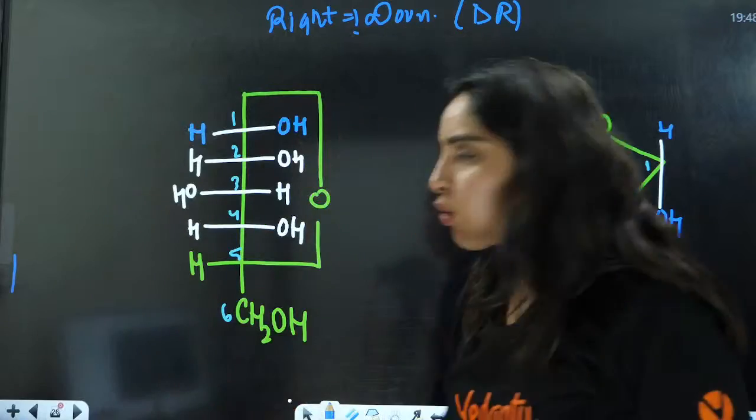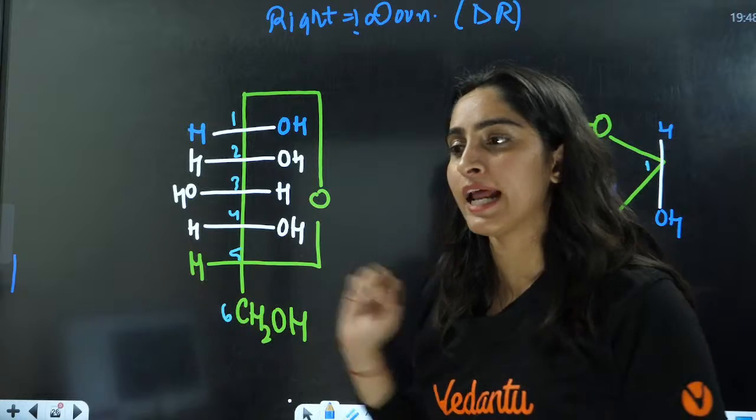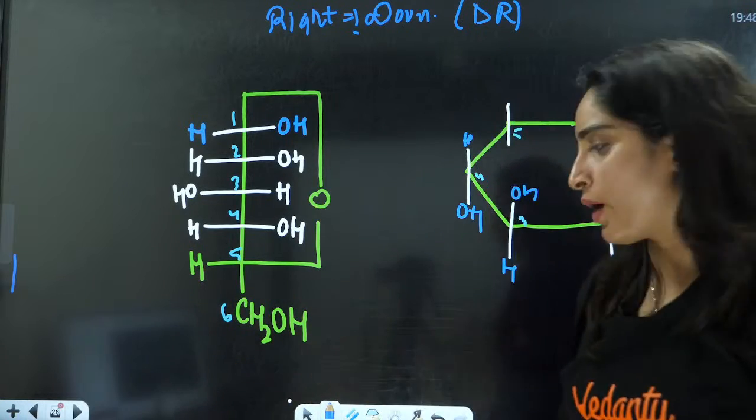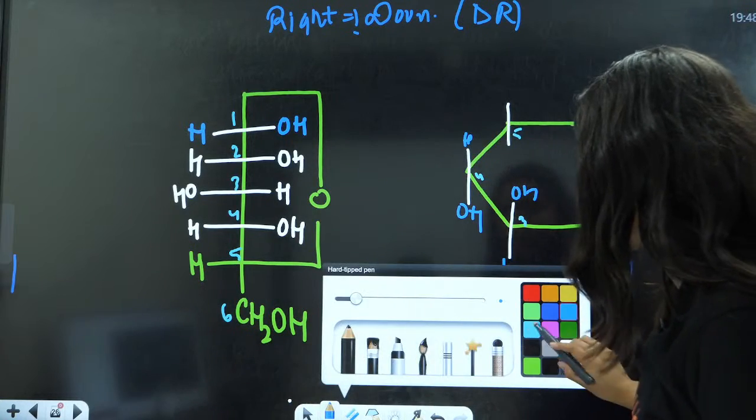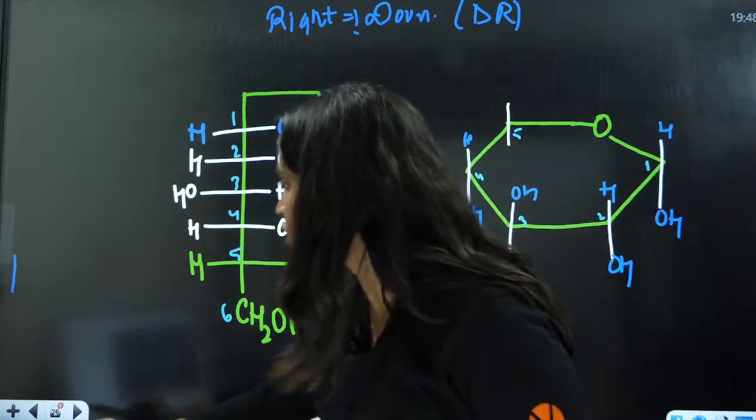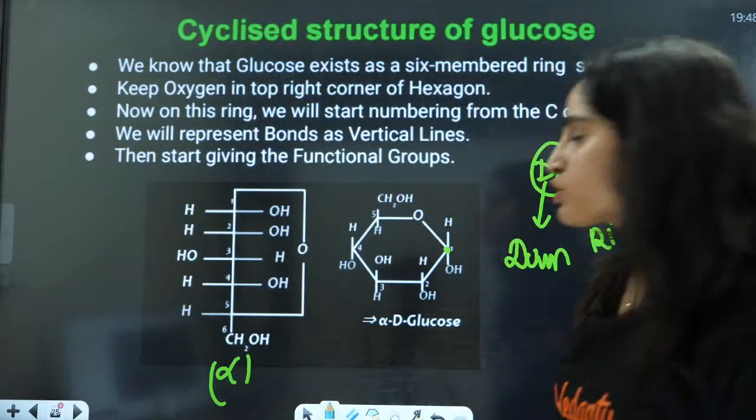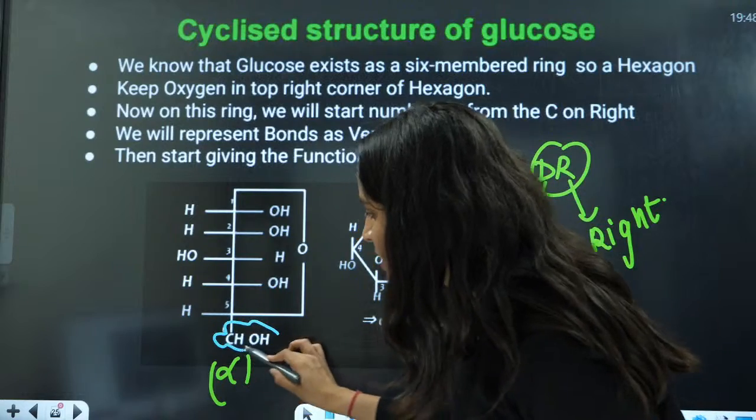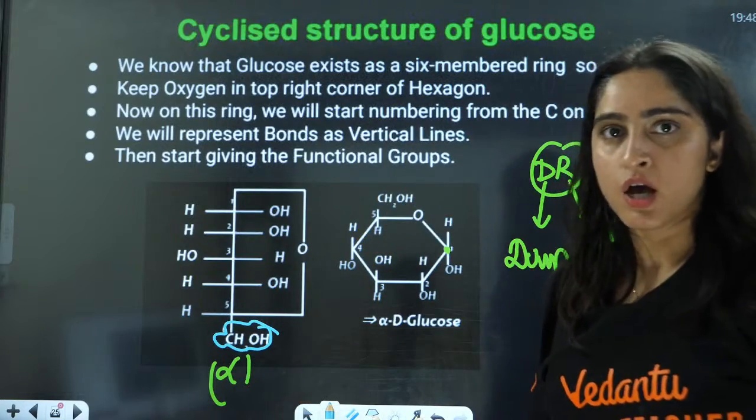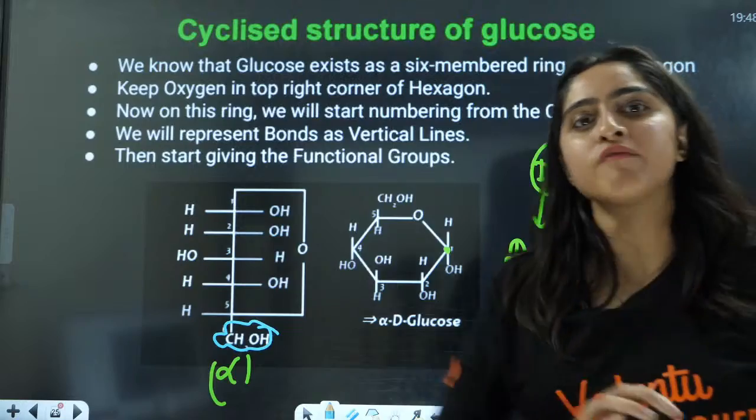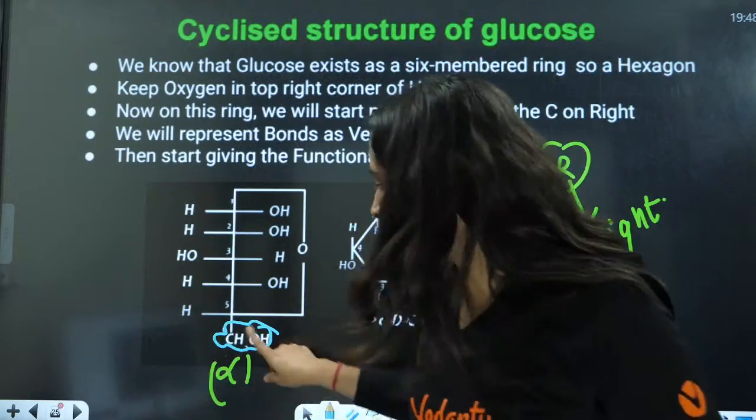What about this CH2OH? This is not on the right or left side. Very simple. Just draw the CH2OH here, because this has higher molecular mass. So if you have nothing on the right or left side,